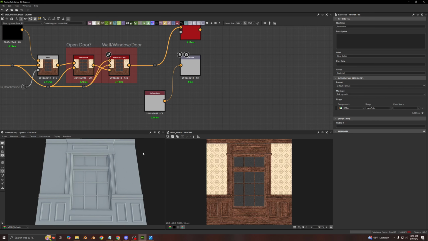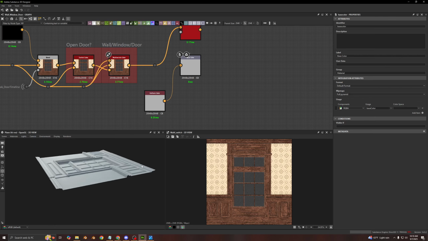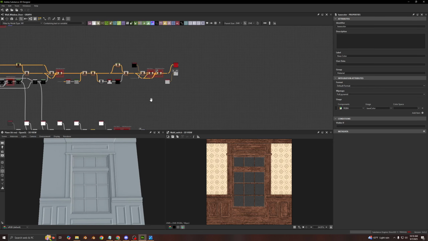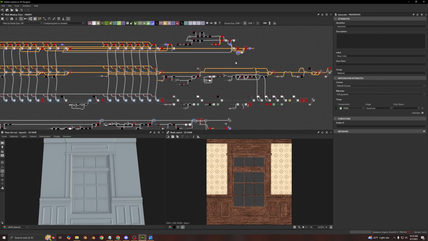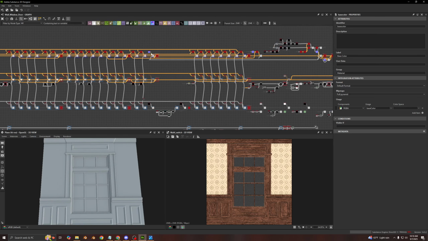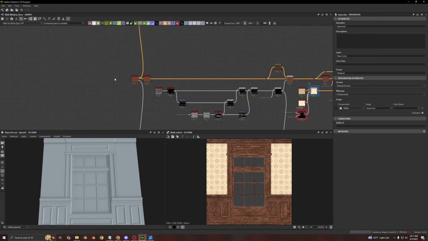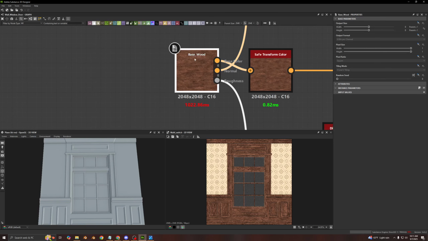So this is where we left off last time. We finished the height. It was a very long video, but now everything else should be a lot shorter. So I just want to go over real quick how the base color and the normal are set up in this material. If we go all the way to the left here, this node called base underscore wood